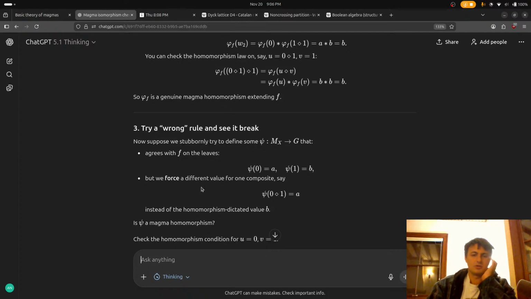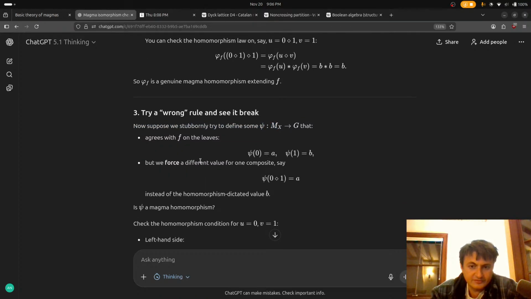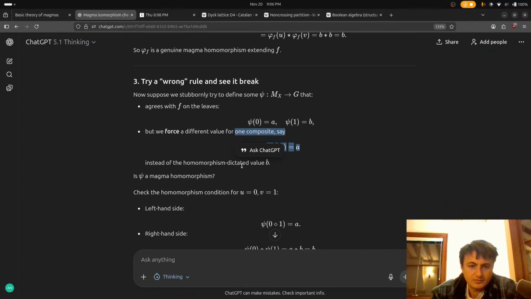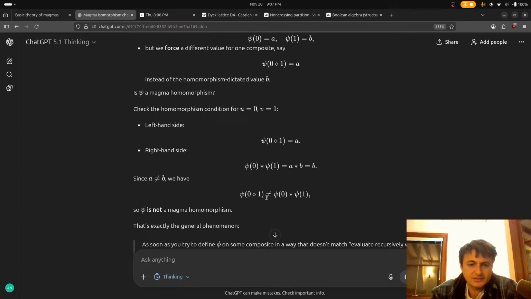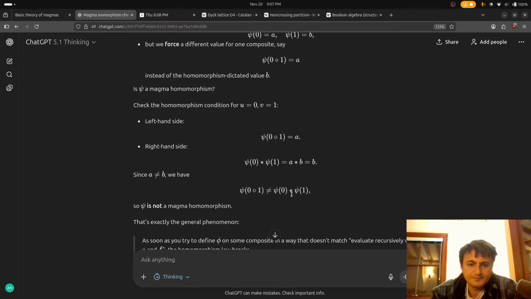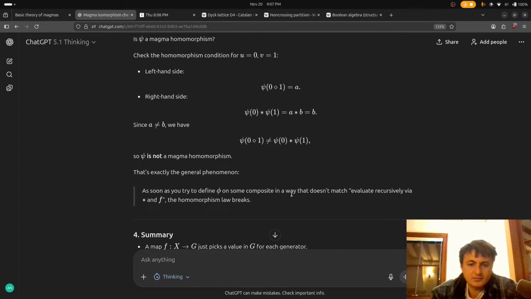Yeah, let's try the wrong one. I always like doing the wrong thing, I feel like. If we stubbornly try to define some map, psi, it agrees on the leaves, but then we force some weird thing, then it breaks.